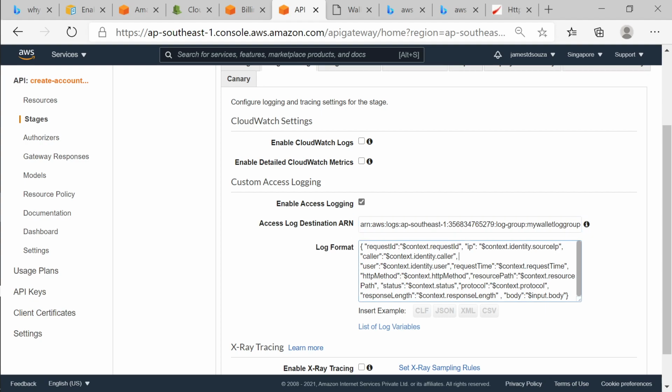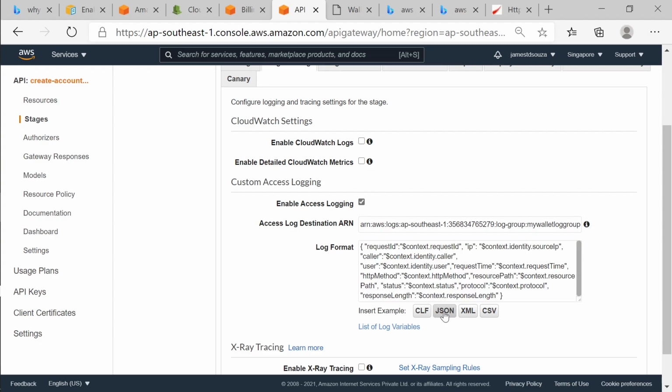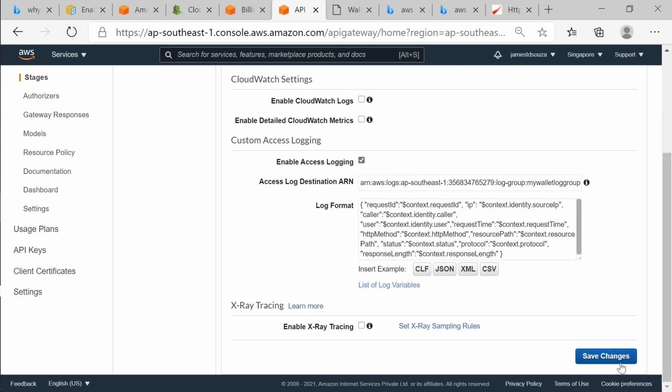And what to put in the log? Let's say I delete this, it was empty at first. Over here just click JSON, so whatever is the default will come here, and all this data will be logged, and then I save it. I hope you all understood. I created a log group in CloudWatch, then I went to my API and said whenever somebody calls you, put an entry in this log.